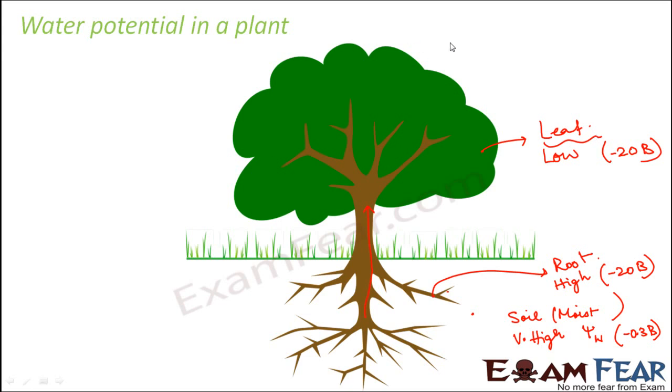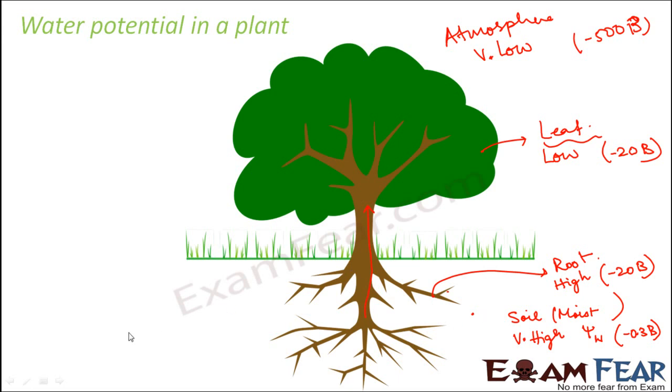Again, when you go to the outside surroundings, that is the atmosphere, the water potential is very low. The water potential might even go up to minus 500 bars. However, this also changes with humidity. None of these values are exact values. They keep changing. But I just wanted to give you a rough idea that